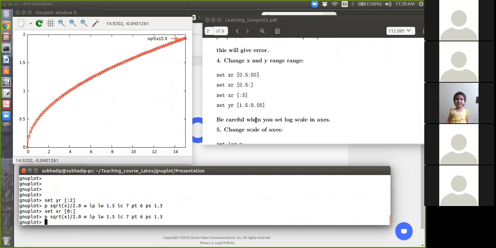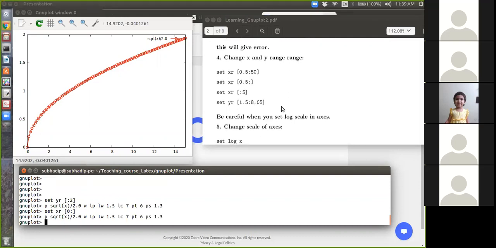And be careful about the range when you set log scale in axis. If you set log scale in the Y axis, then you cannot put 0 because log 0 is infinite. It will give you an error. So your Y range must be positive.